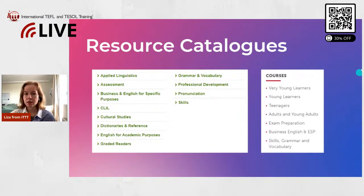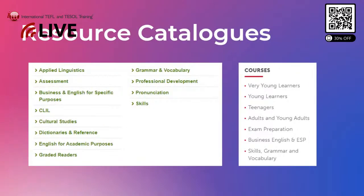Okay, and here on this slide, I would like to explain briefly how to work with those publishers and how to choose among hundreds of nice course books those ones which you would really benefit from. I'm not sure if you see this slide clearly, but hopefully, let me just change the screen this way. So,